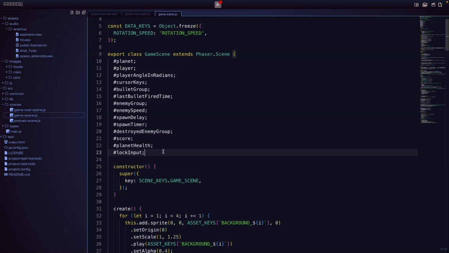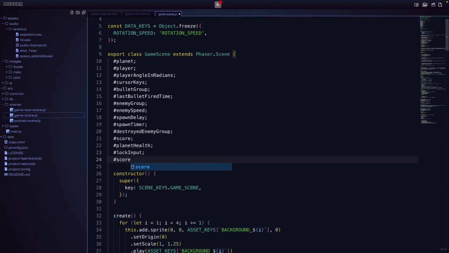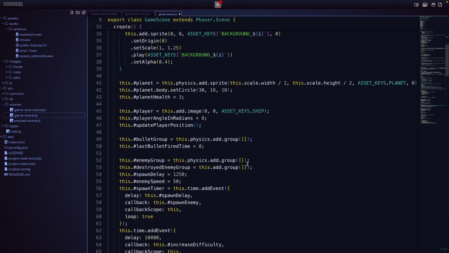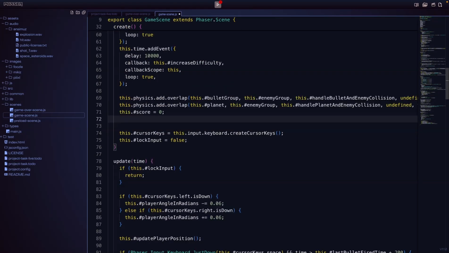First, we'll want to add a property to keep track of our text game object. That way we can modify our text when our score updates. So for this new property, we'll call it score text. Now if we come down to our create method, after we initialize our score to 0, let's create our text game object. For our text game object, let's do const. We'll do our score text prefix. For this, we're going to set equal to